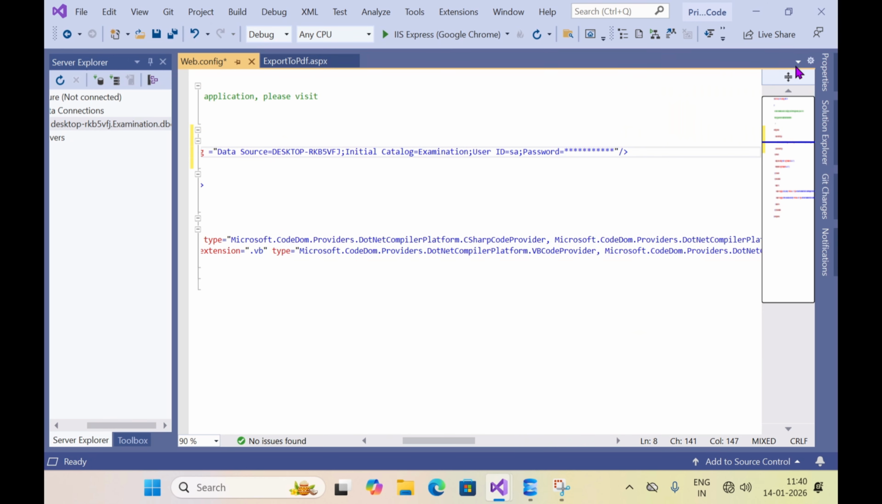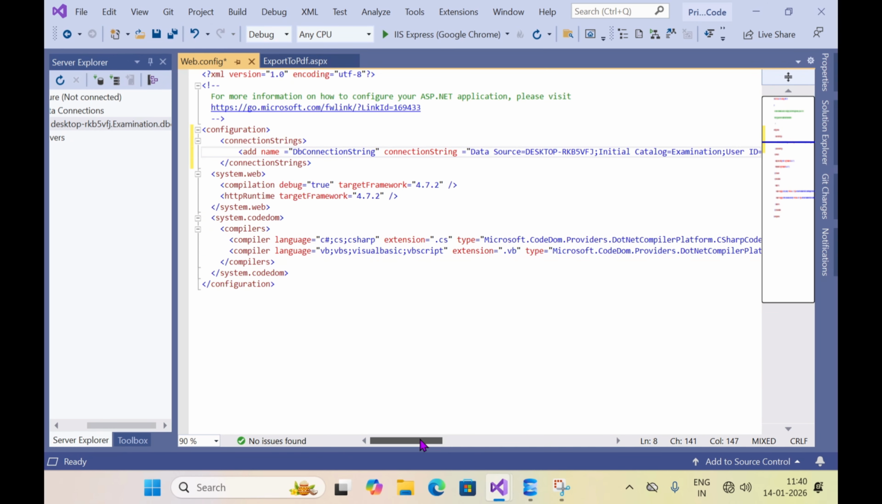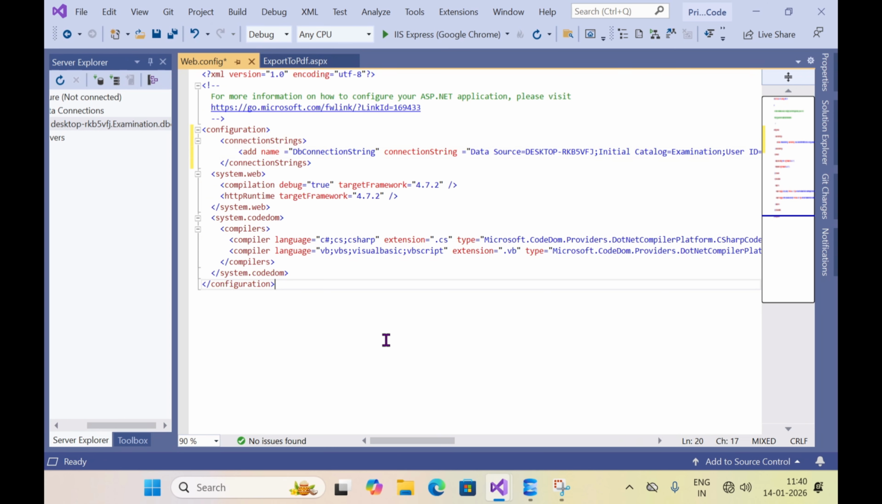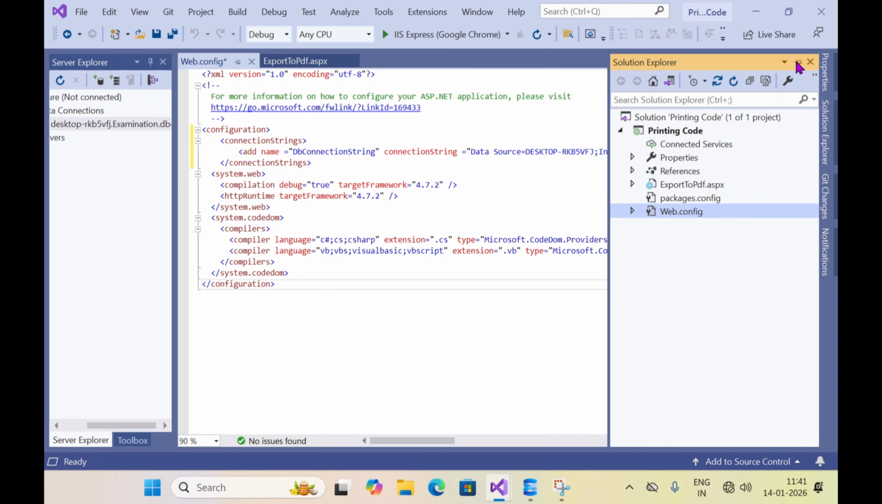And you have to change the password with the password of your SQL Server. That is my admin address 123. In this way we connect the database. We are writing the connection string in the web.config file so that we don't need to write this connection string again and again. Now click on the Solution Explorer